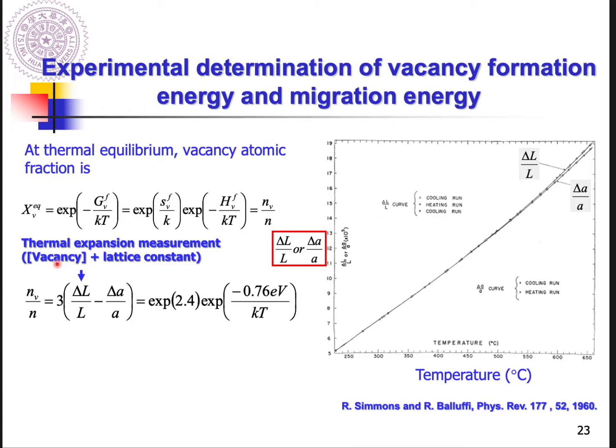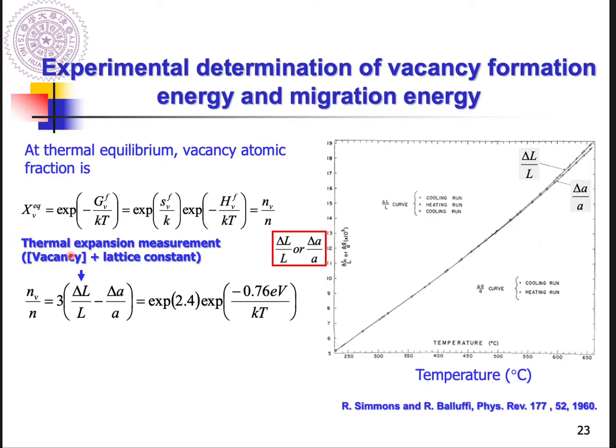The first term is the increase in the number of vacancies, and the other is the increase of the lattice constant. So you take the thermal expansion term minus the contribution from the increase of the lattice constant, then the residual part will be related to